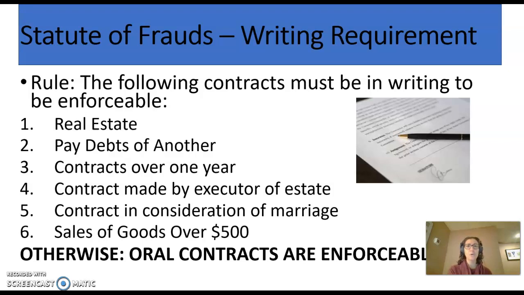This is where I remind you that a lot of you have, and I have had in the past, an oral contract for employment. By you agreeing to go to work and getting paid, if you don't have it in writing or an employee handbook that you've signed, you have a verbal contract for employment, and that is completely legal.